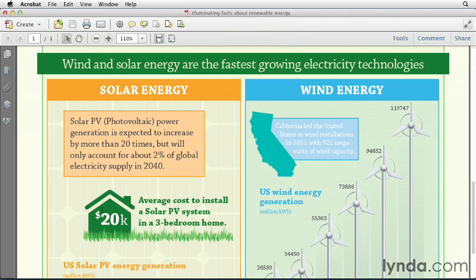For the solar energy one, I have what looks like a solar panel. And then for the wind energy one, we have some waves. So in this movie, we're going to cover how we can add both of those. The solar energy one is one that we're going to create on our own from scratch. And the wind energy one is one we're actually going to take from some of the patterns that ship with